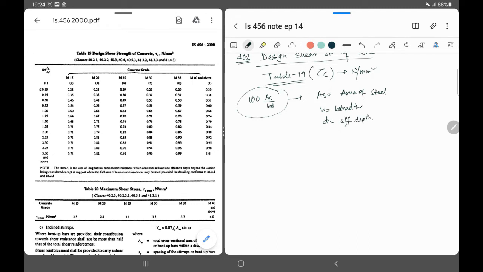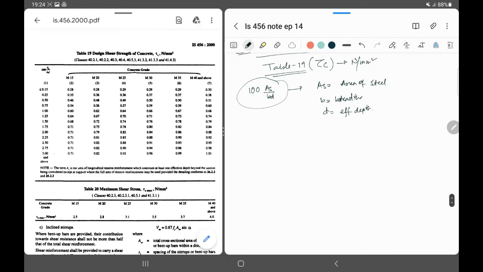So from 100 As by bd, we find this value, and then we find the grade of concrete: 15, 20, 25, 30. So within this, say 100 As by bd, our grade of concrete is M25, and the 100 As by bd value is 0.75. Then what will be the tau c max value? What is the tau c max? Now M25 and here 0.75, that is 0.57